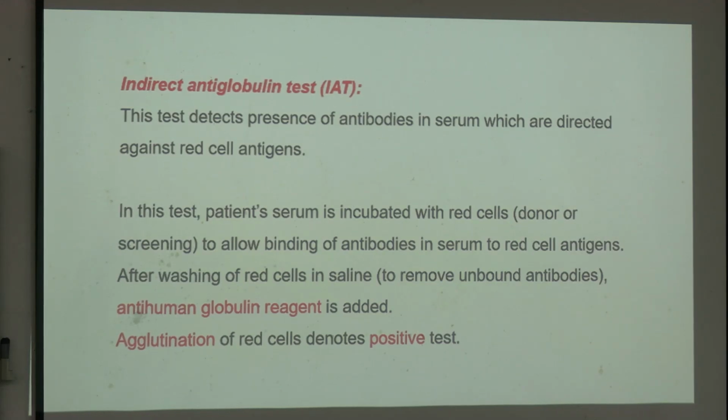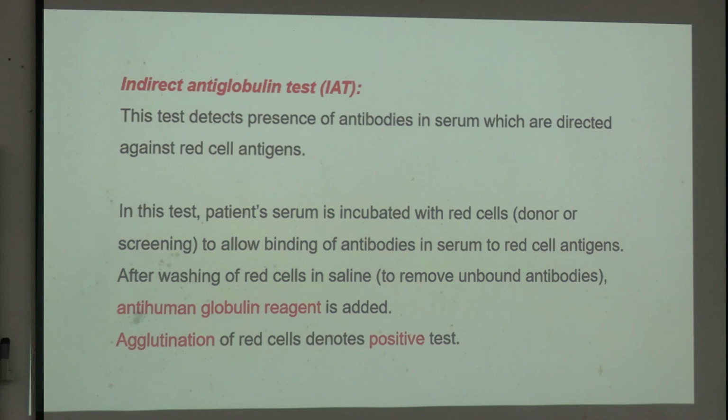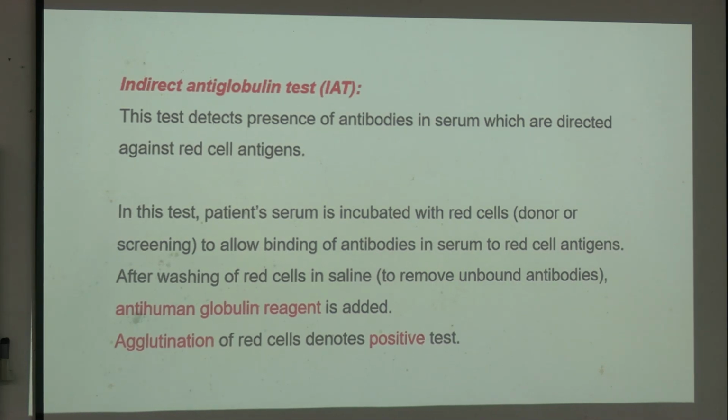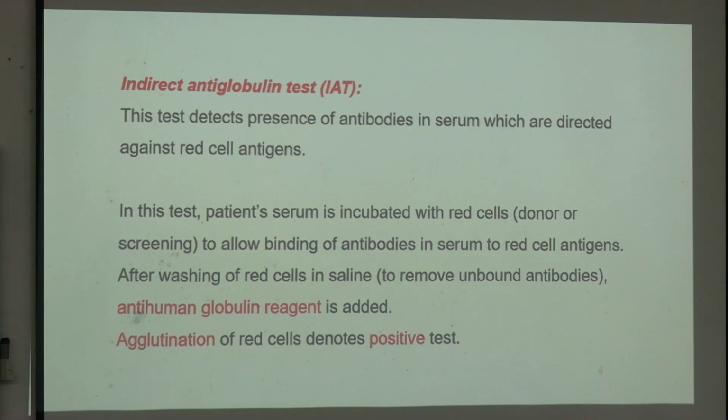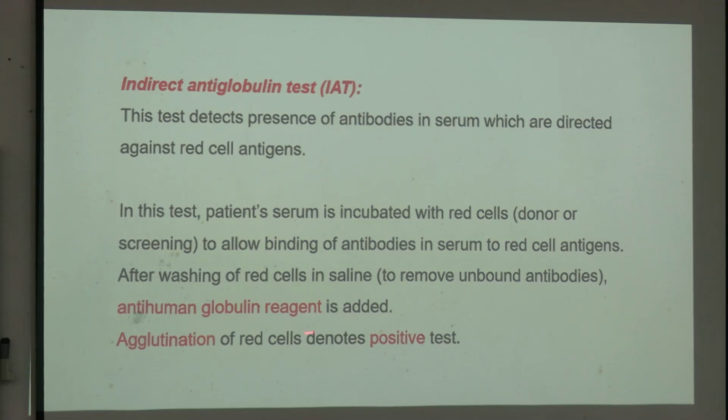In this test, the patient's serum is incubated with red cells to allow binding of antibodies in serum to the red cell antigens. After washing of red cells in saline to remove the unbound antibodies, the anti-human globulin reagent, called the Coombs reagent, is added,